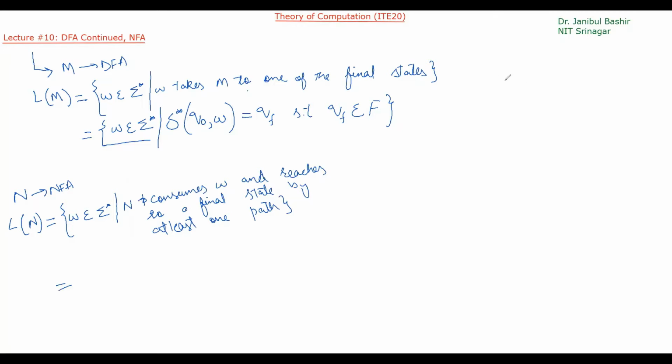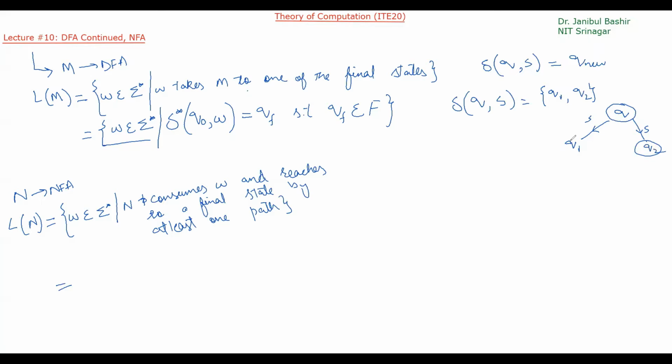For example, I have a transition function. For a DFA, if I have Q and I have a symbol, the output will be another Q, a new state. However, in case of an NFA, the transition function gives, for a state and a symbol, a set. Let's suppose in the set I have Q1, Q2. It means that if I am in state Q, on consuming symbol S, it will either go to Q1 or to Q2. So there is a choice.